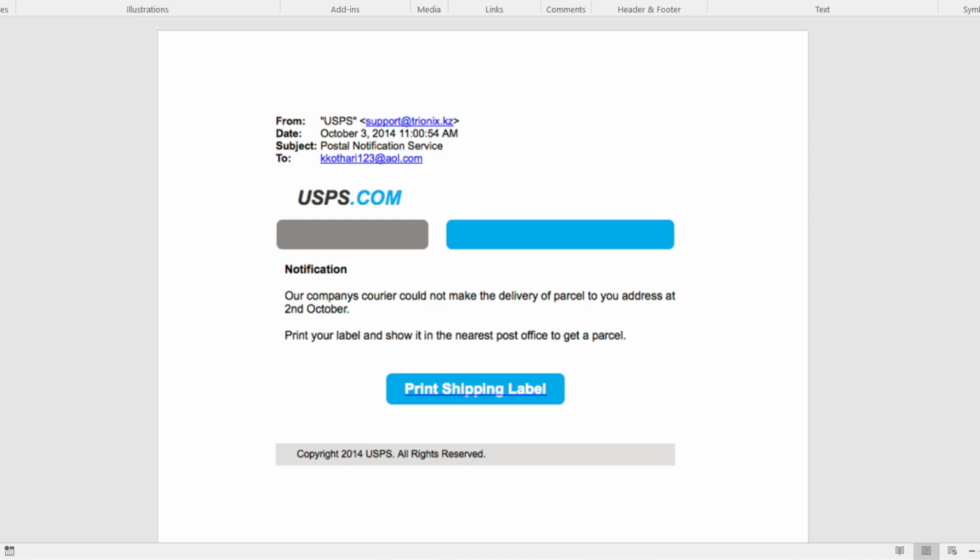What we've seen is that when individuals are shown samples, instead of creating awareness in what to look for, generally those looking at samples start to look for those specific types of emails that were sent, the format and things like that. As an example, we'll be showing a specific USPS attack that you see on the screen right now. It's important to recognize the elements of the attack and not the fact that this specific attack is from USPS, or that this specific attack is asking you to print the shipping label, or the format and the layout of